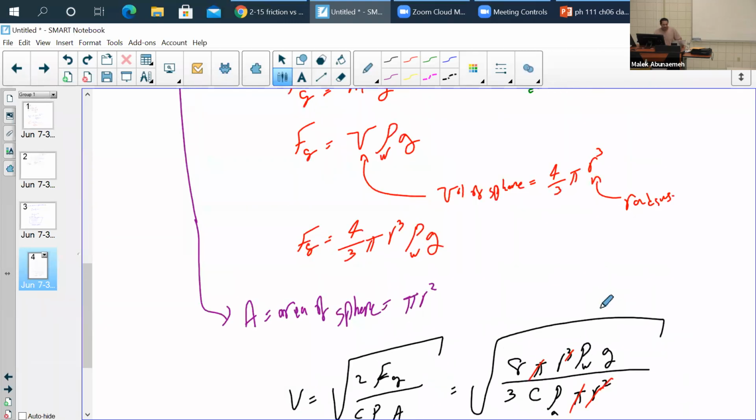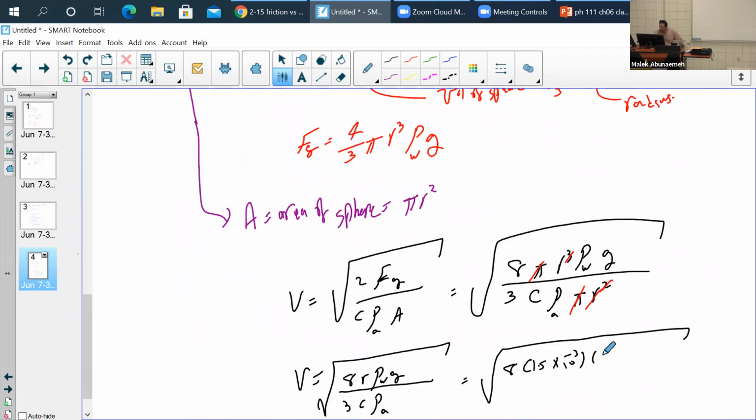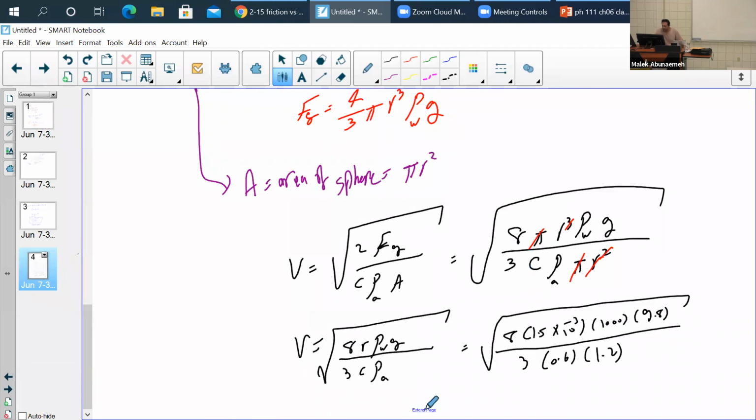Multiplied by the density of the water, which is 1,000, multiplied by the gravity, which is 9.8. Divide all that by 3, multiplied by 0.6, multiplied by your air density, which is 1.2. So you should get